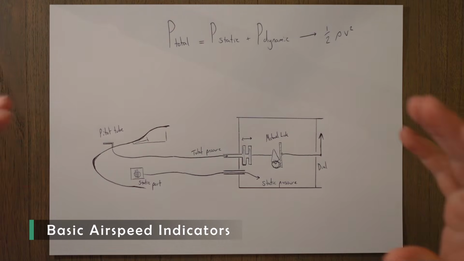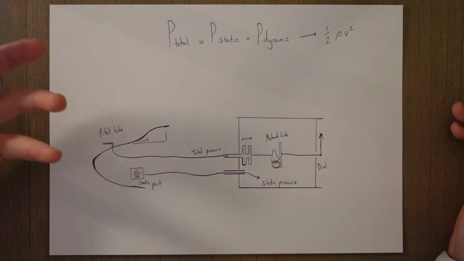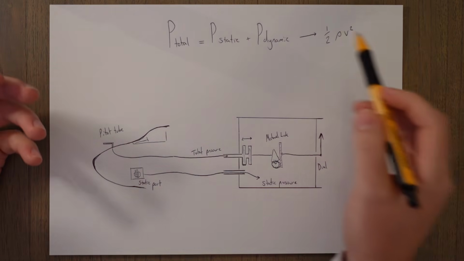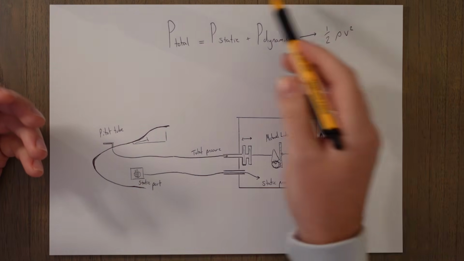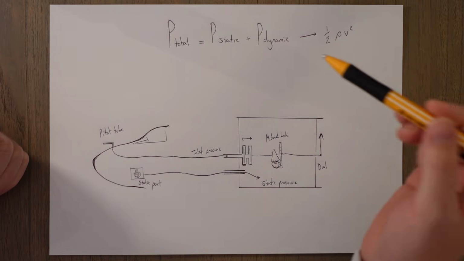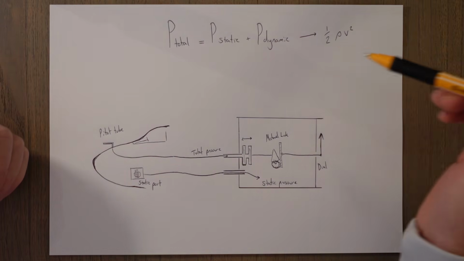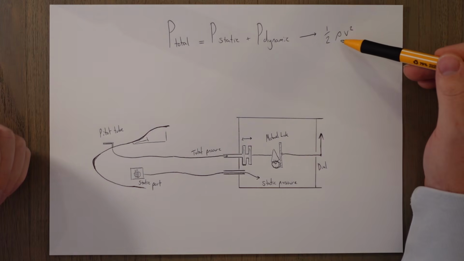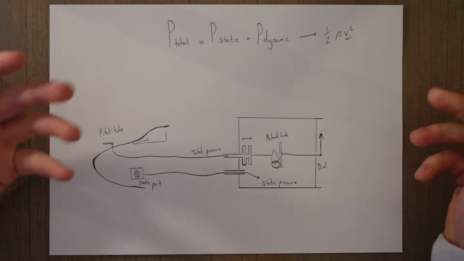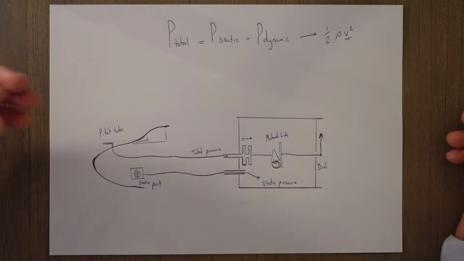Okay, so now we understand the different types of airspeed and how they are related. Let's see how we measure it. There's a formula we use that underlies how every type of instrument calculates the airspeed, which is the total pressure equals the static pressure plus the dynamic pressure, and the dynamic pressure is made up of a half rho for density and v squared. So this v squared element is sort of how we're deriving the speed from this